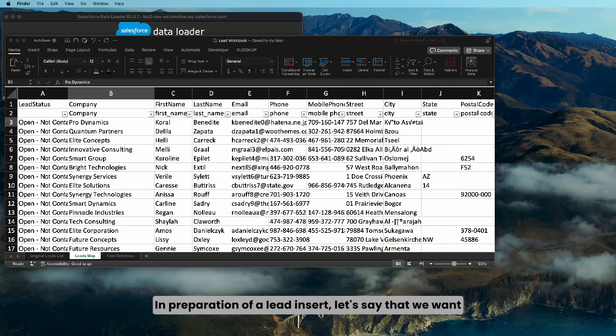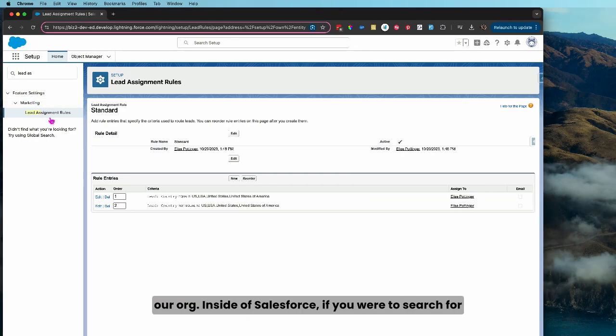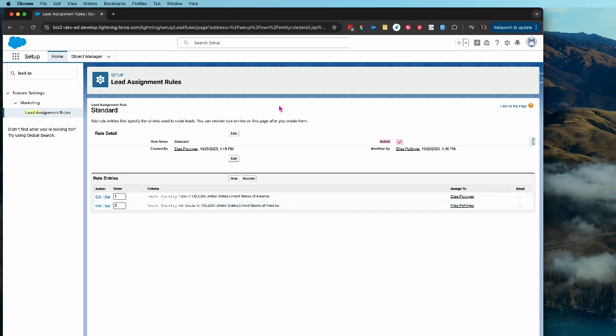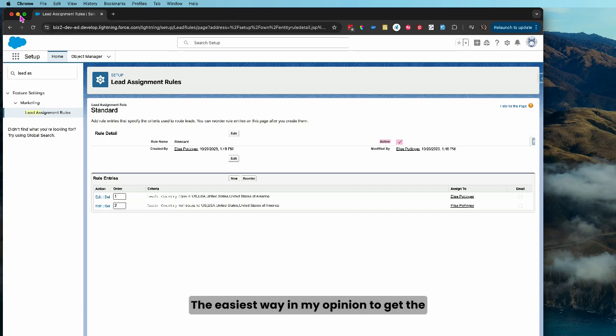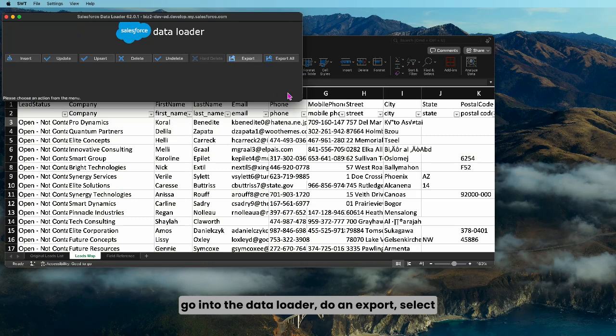In preparation of a lead insert, let's say that we want to use the lead assignment rule that we have active in our org. So inside of Salesforce, if you were to search for lead assignment rules, then you'll see that we do have an active rule with a couple of rule entries. The easiest way, in my opinion, to get the ID for any of your assignment rules is to go into the data loader, do an export,